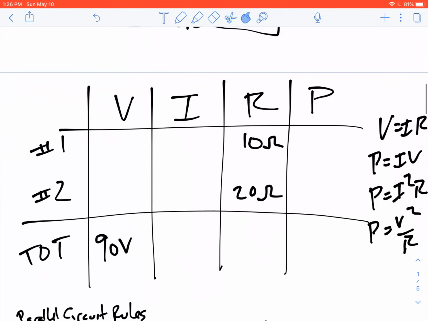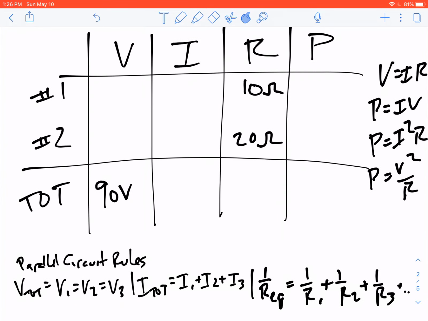Alright, I've pre-written this matrix here. We've got four columns: the voltage, the current, the resistance, and the power. Then going horizontally, we've got the spaces for each individual resistor and for the circuit as a whole. I've pre-populated this with the individual resistances, the 10 ohms and the 20 ohms, and then the voltage of the